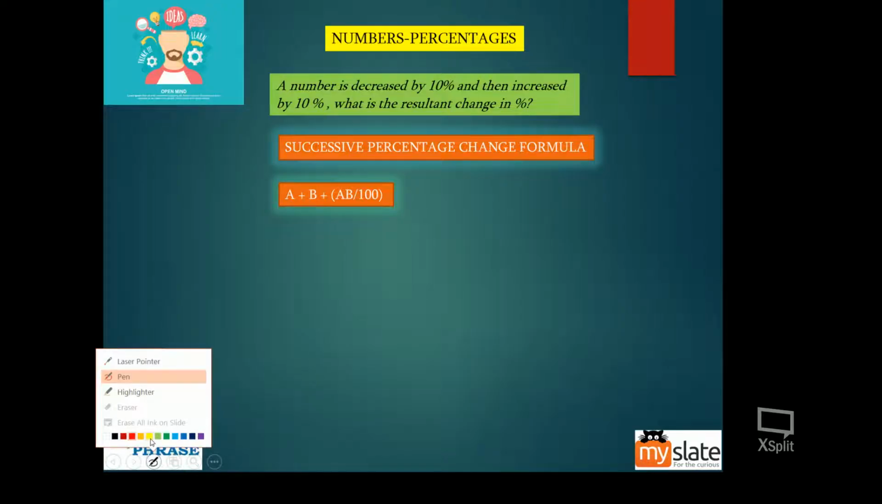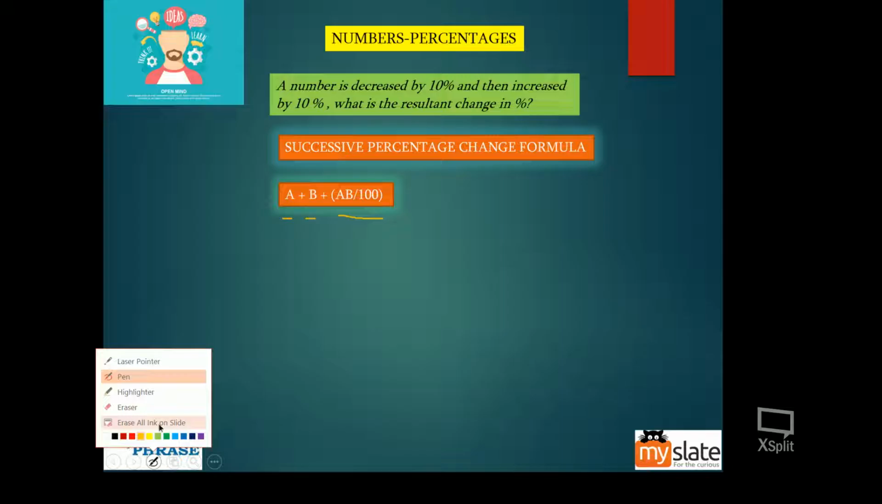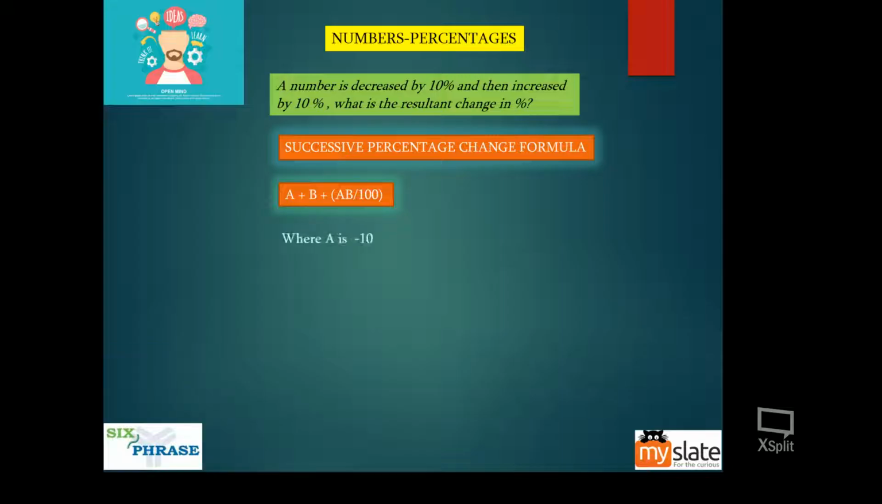For those of you who don't remember it, this 100 is only for the third term. The division by 100 is not present in the first and the second term. Now, to take this forward, what we do is we find the values of A and B. Because we are decreasing it by 10 percentage and increasing it by 10 percentage, A takes the value minus